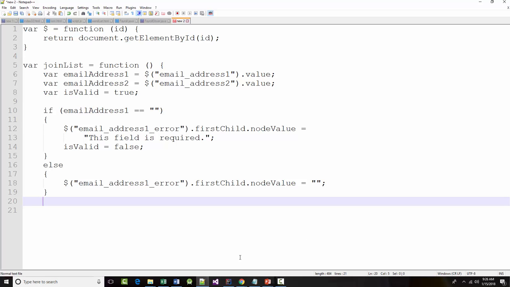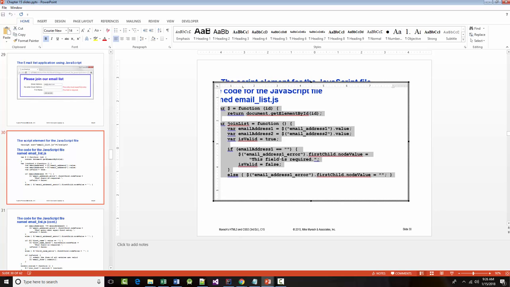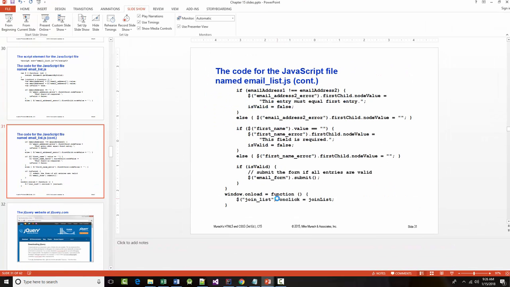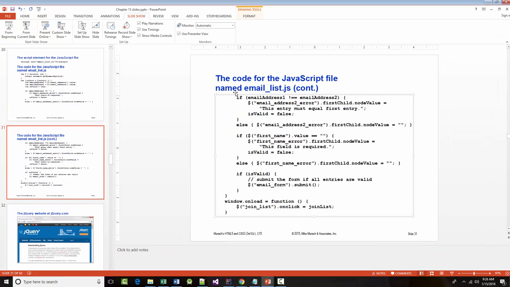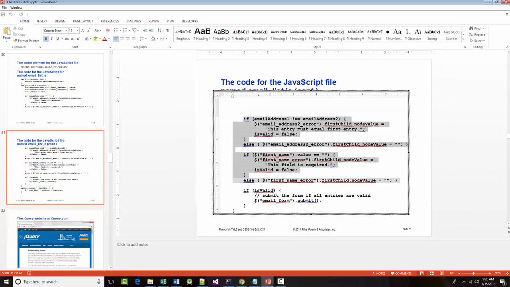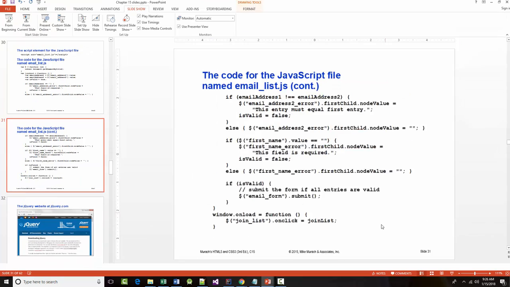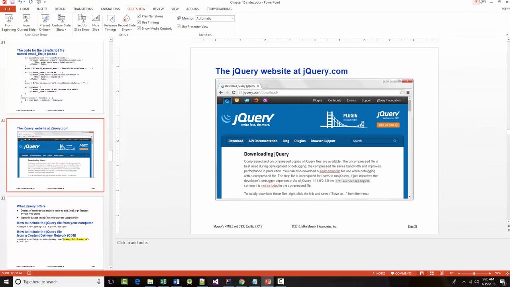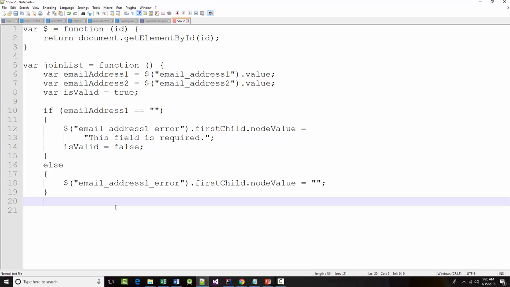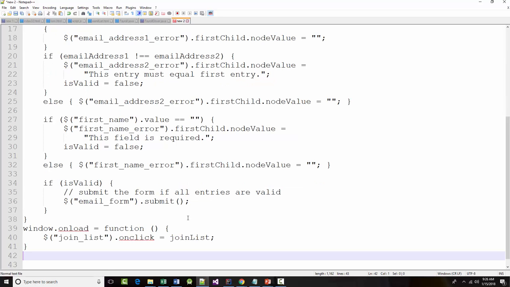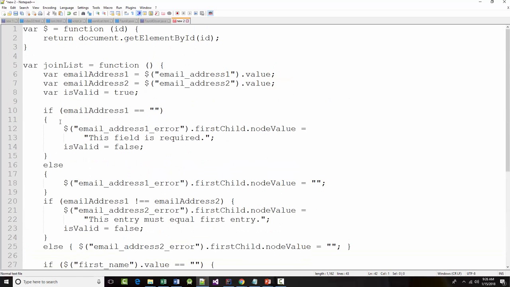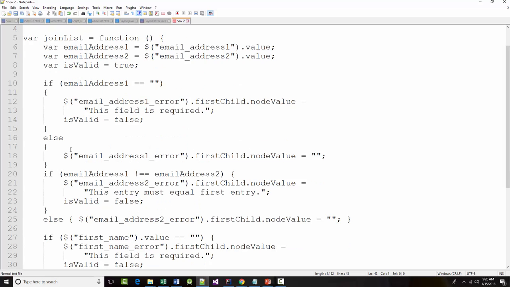All right, so that's part of the code. Then when we go to the next slide here, that's the rest of the code. Again, I am not at all saying, hey, all of this will totally make sense to you, because probably very much of it will not yet make sense to you. But I will go over it in just a moment